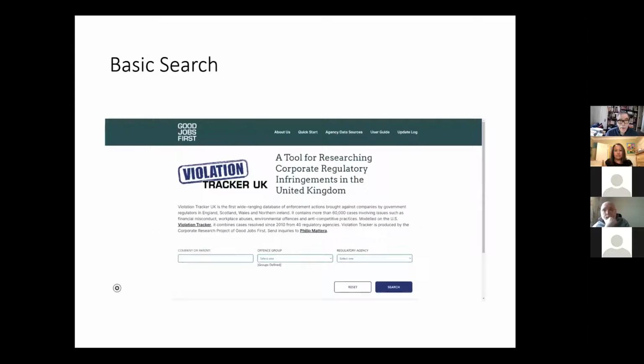There are several ways of researching using the site. You could just go to the homepage at violationtrackeruk.org, and you could put in all or part of a company name by itself, or combine it with one of those 6 offense groups I mentioned, or you could combine it with a regulatory agency or both, and get